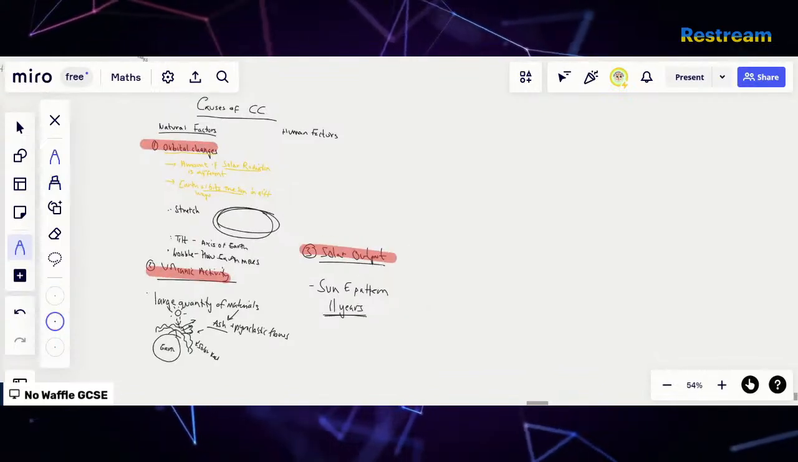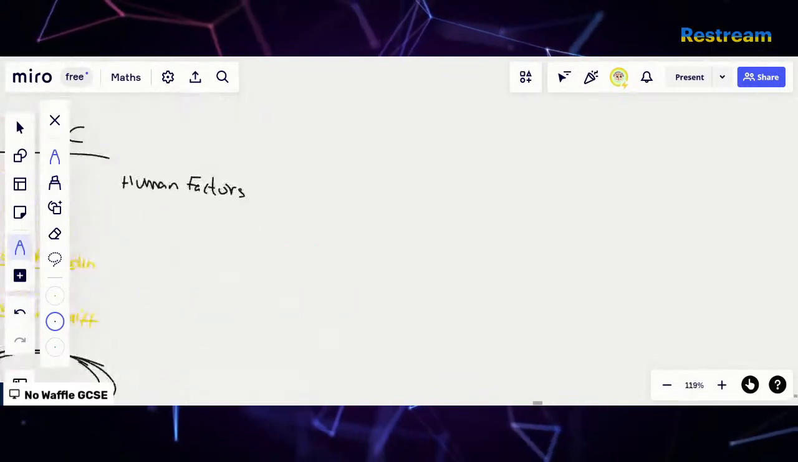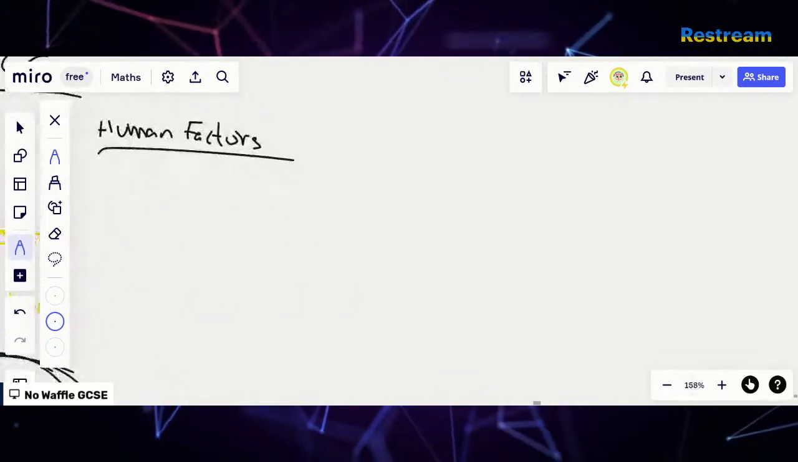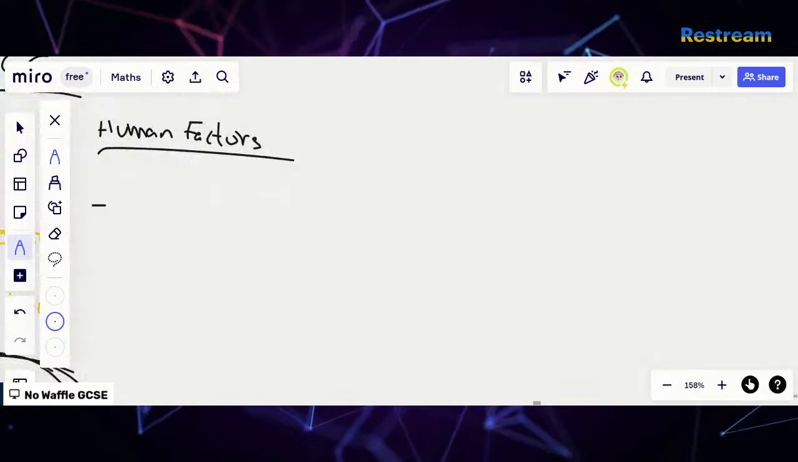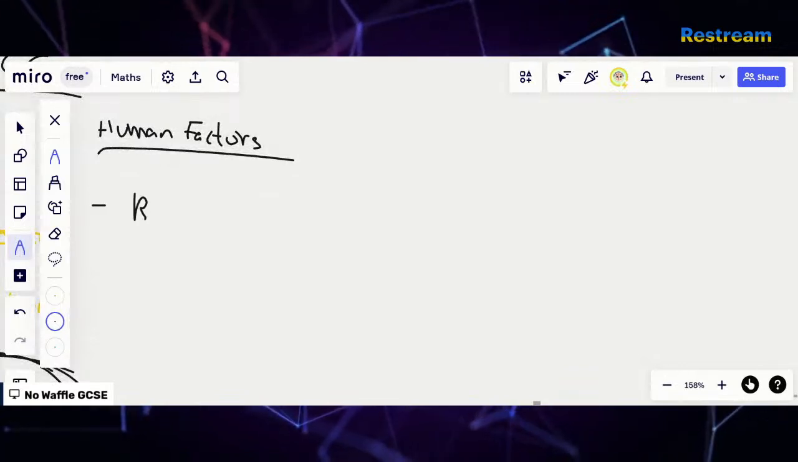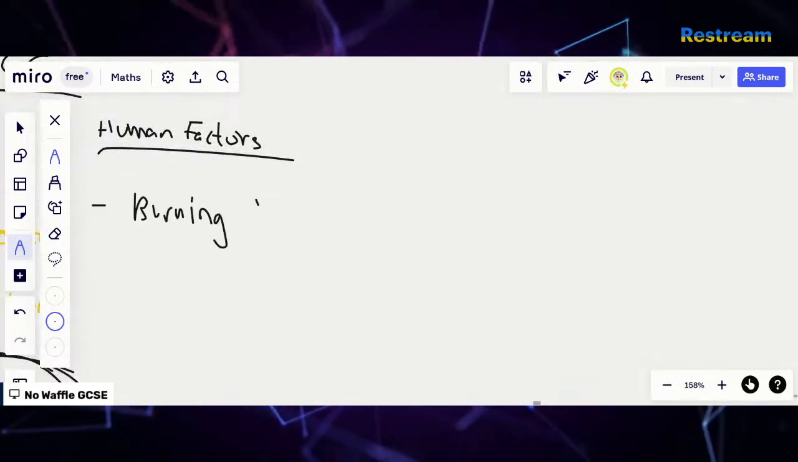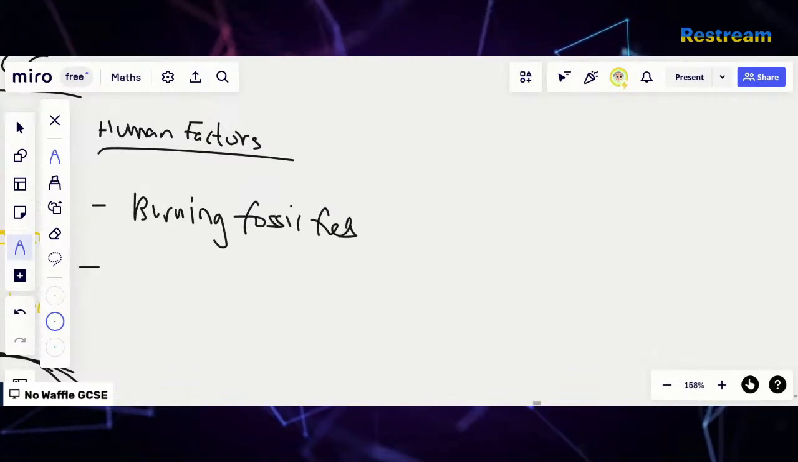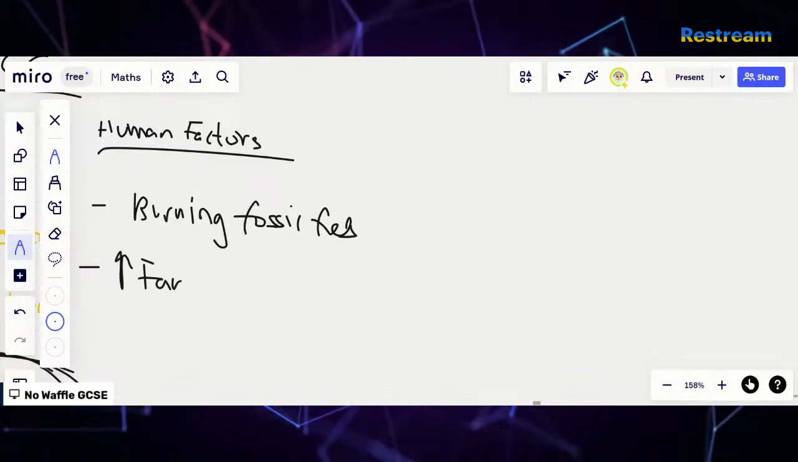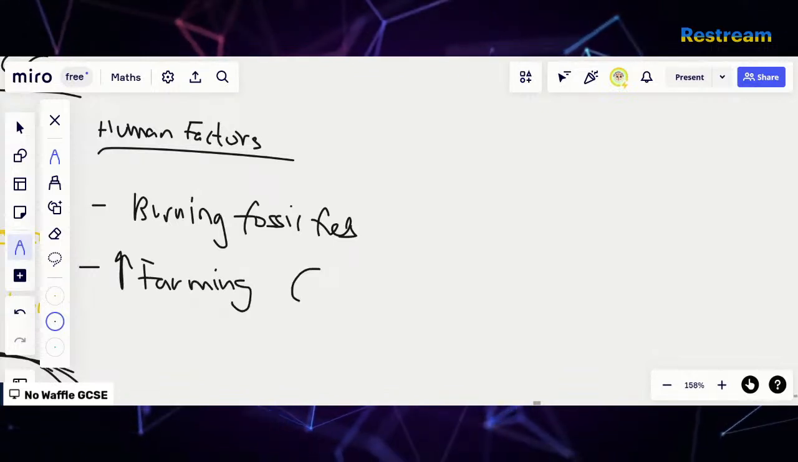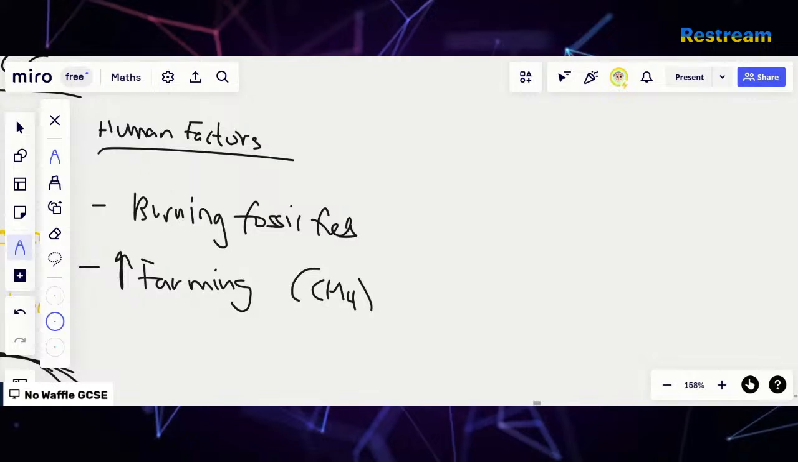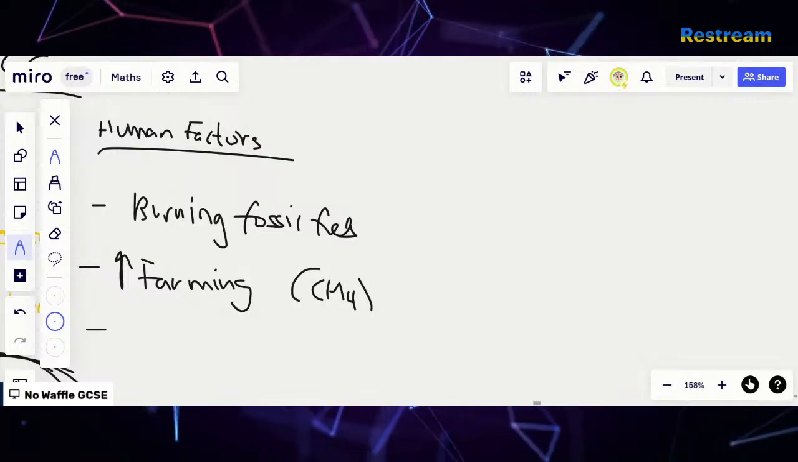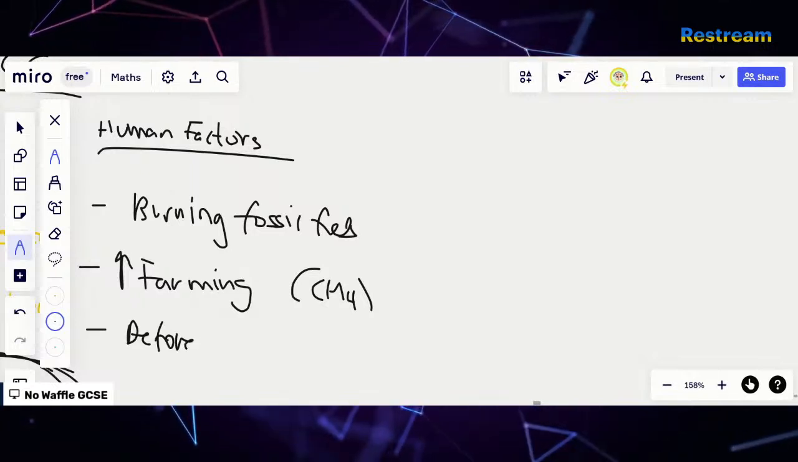Let's look at the human factors. Now, I'm pretty sure you'll be well versed with this in many of the subjects we talk about human factors. So things such as burning fossil fuels, things such as increased farming, especially cattle farming, because that releases a lot of methane and takes up land as well. Deforestation,